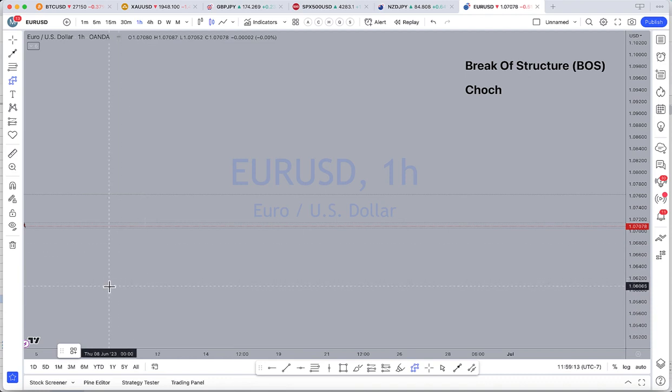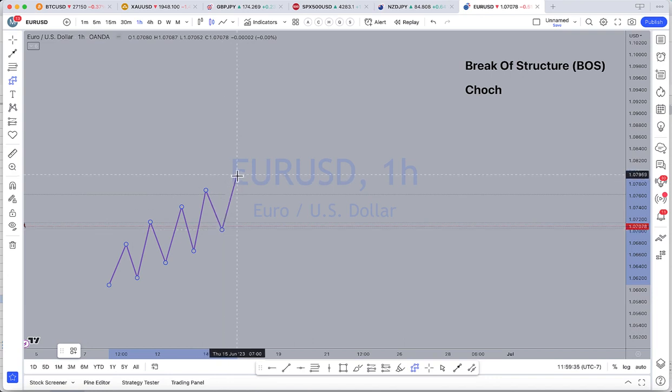Let's say a pair is trending up, right? It's going to have higher highs and higher lows, right? It's going to disrespect the highs, and it's going to respect the lows, right? It'll take out each high and it will respect each low. It doesn't always do it perfectly. Once in a while it'll take out a low just to keep you on your toes, right? But this is what it's going to look like.